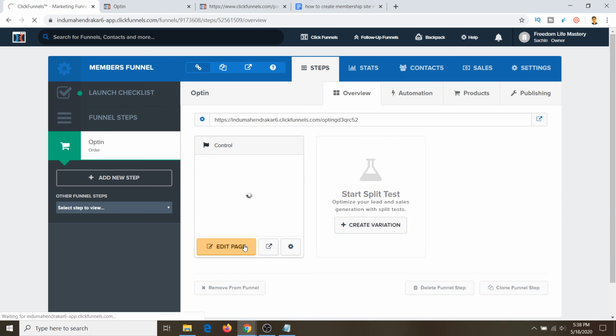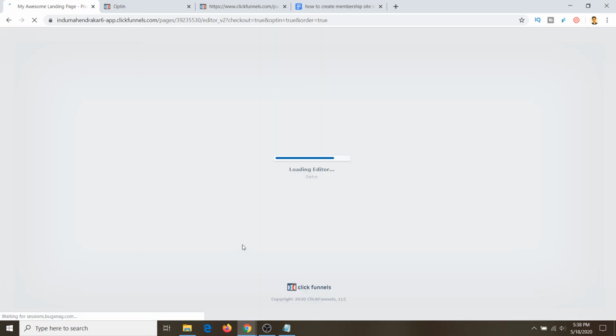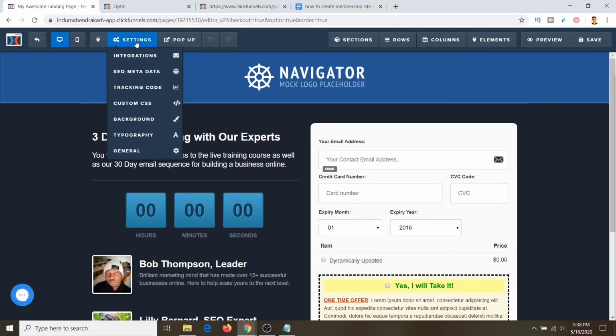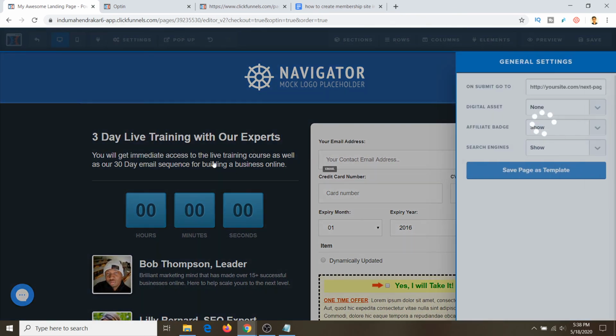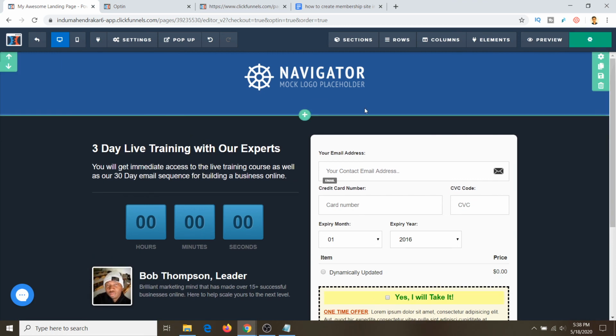What we will do is come back to this page. Okay, here go to settings, general, click here, and save.